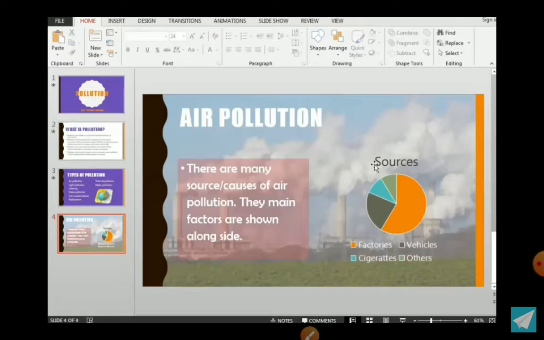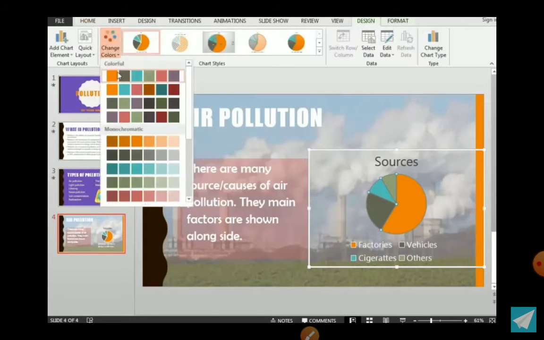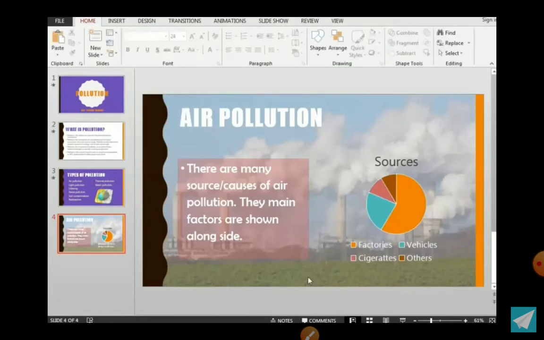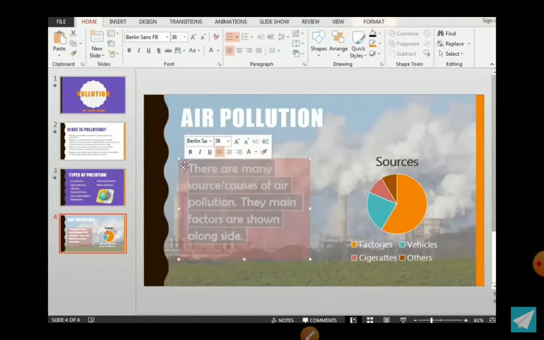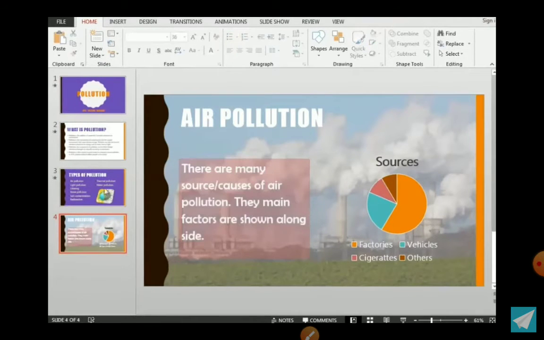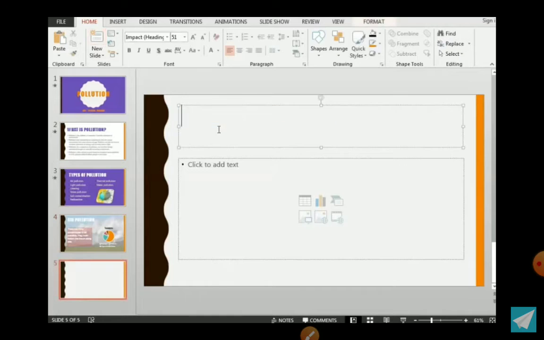Yes, this is the graph. We can format the graph. Let us move to the next slide.